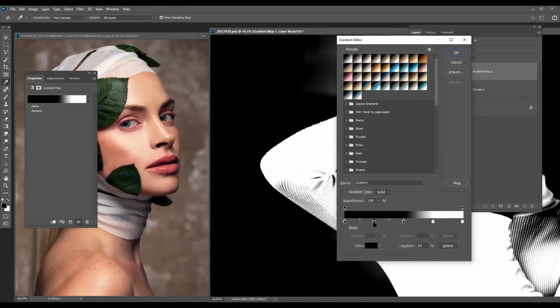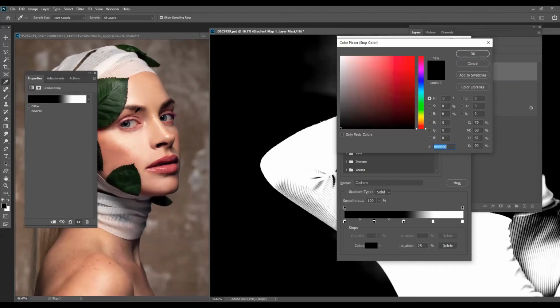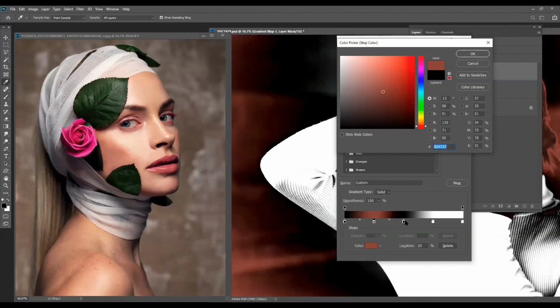First, I will keep the black as it is, then I will take the other black and come to the darkest point or shadow point, which I think is preferable for this image. Next, I will come to the midtones of the image, press OK.